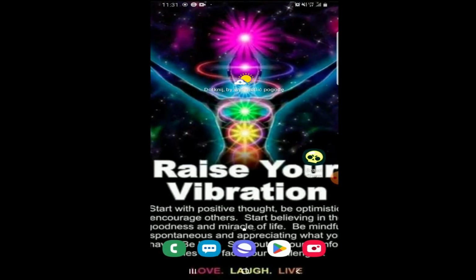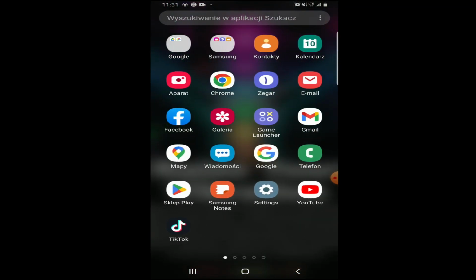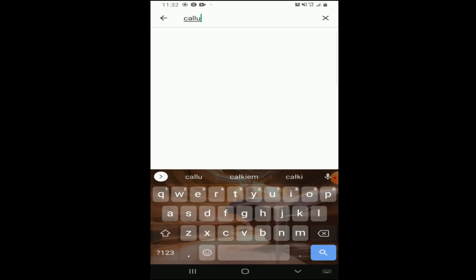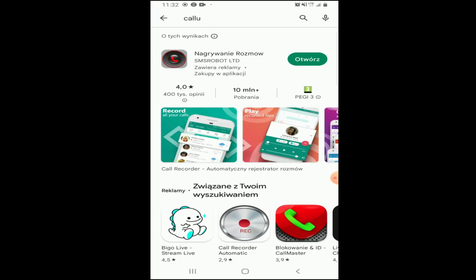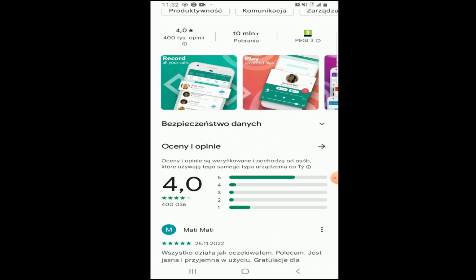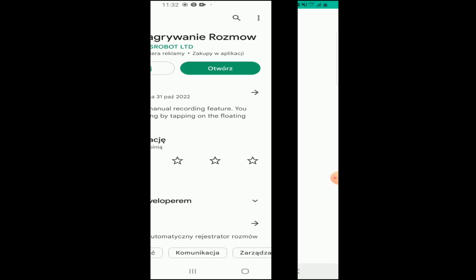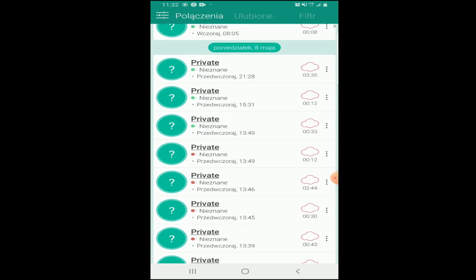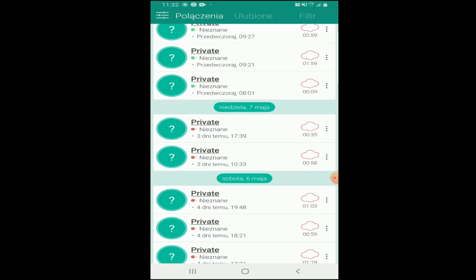And now you must go to the Play Store, and now you must write Call You, and here you have recording calls. It will be in your language. We have added a manual recording feature. You can start recording by tapping on the floating widget, and you install this, later open, and you did it. So it is very simple,